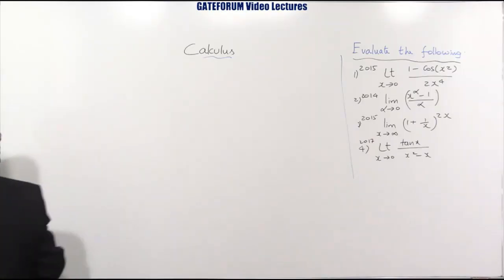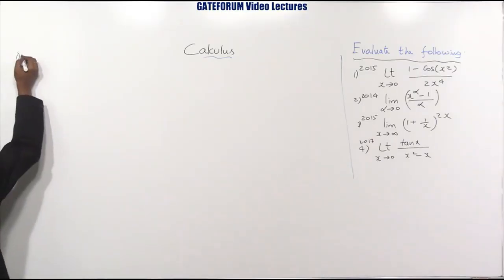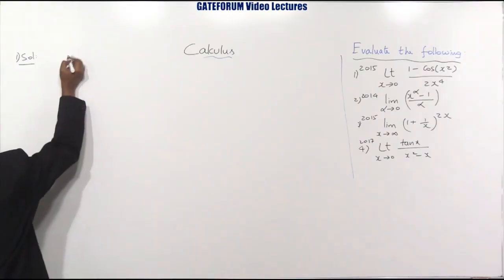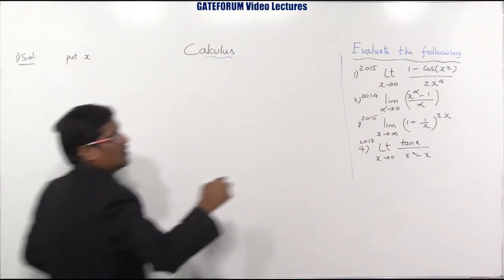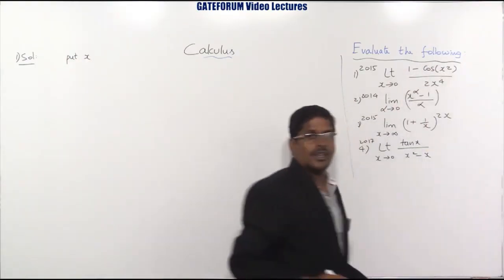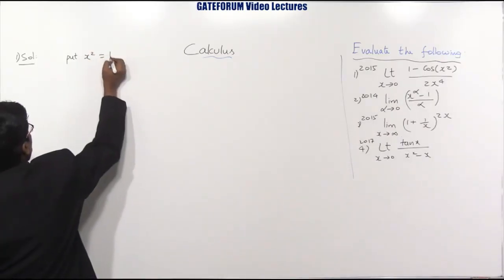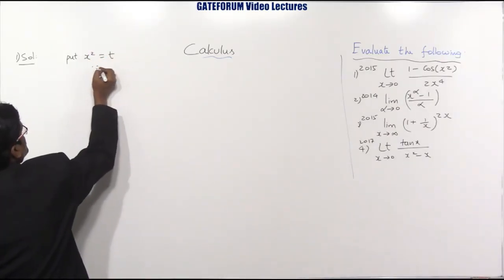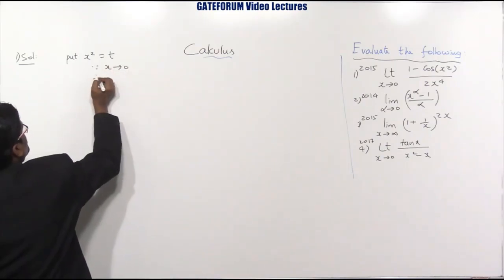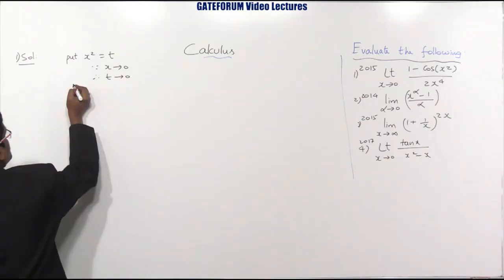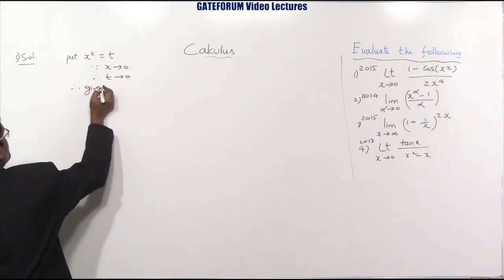Solution. Number 1, this function is not any one of the 7 standard limits. Put x square is equal to t. Since x approaches 0, therefore 0 square, t approaches 0. Therefore, the given limit